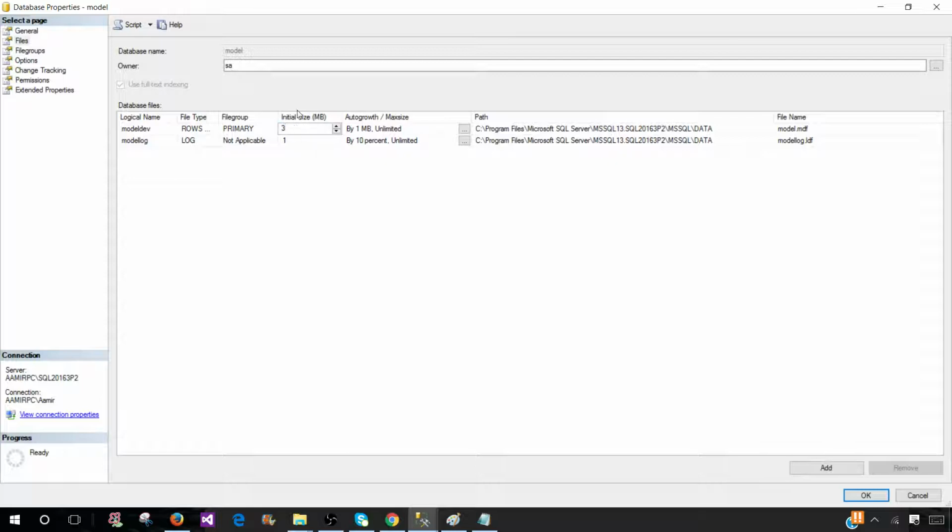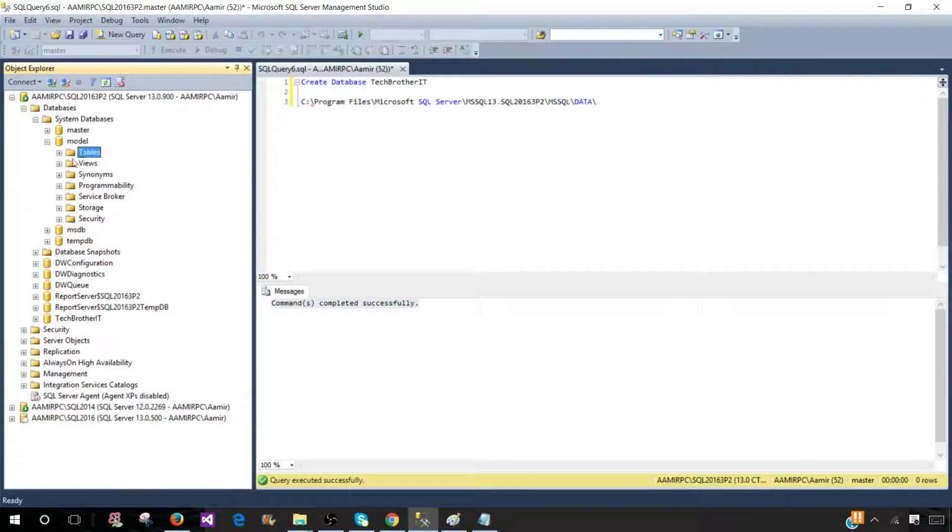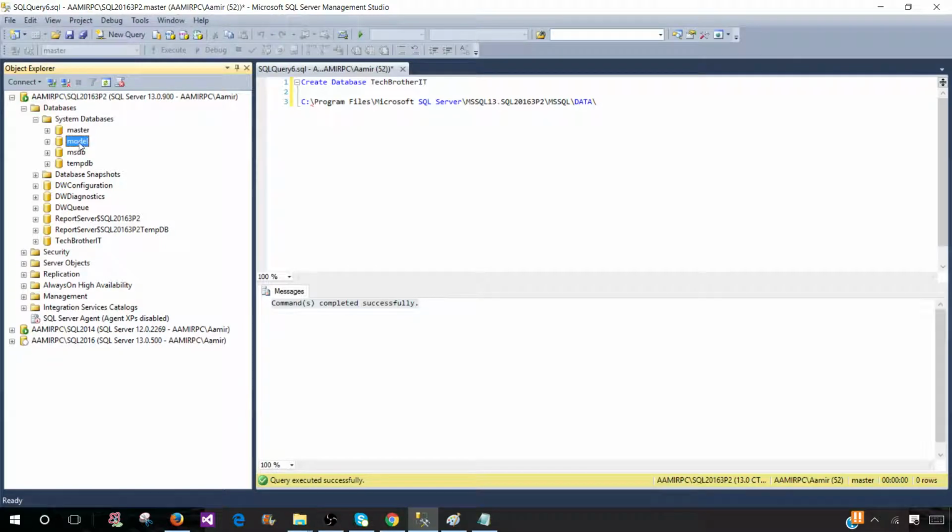You can always change this one, and once you create a new database again, this setting will be used. So let's say we have 300 here now, and if we go ahead and create a new database, the new database will be created with the initial primary file size 300. That's good. So the model database, that's for all the objects. Let's say you have tables that you want to create in every new database, or a stored procedure you want in every new database. You can create those objects in model, and then whenever somebody runs a create database statement, those objects will be created